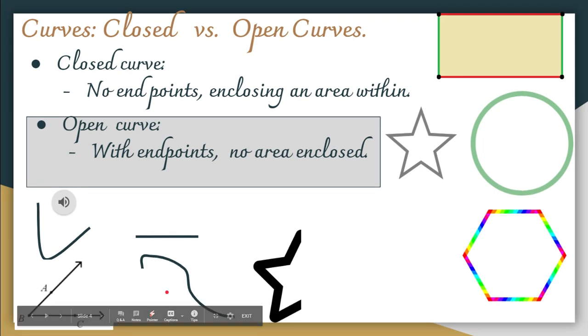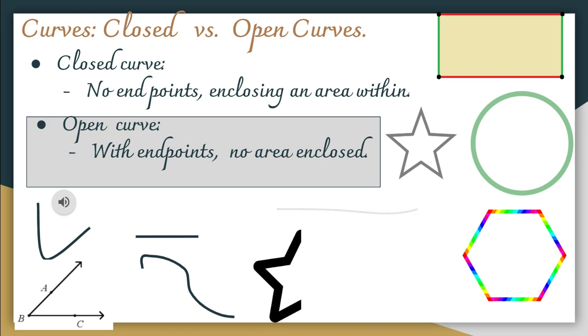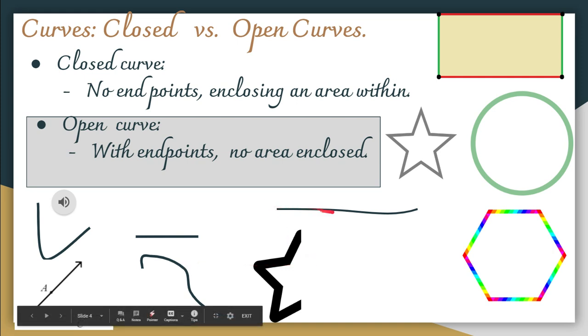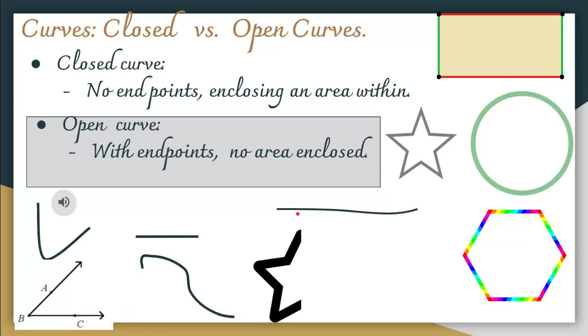Now when you look at so many varieties of shapes, you actually get to see the difference between open and closed curves, right? Looking at these shapes, you can analyze how an object can be an open curve or a closed curve. Let me take an example. Take a rope. First keep the rope like a straight line. Now what is the shape of the rope? It's an open curve, isn't it?